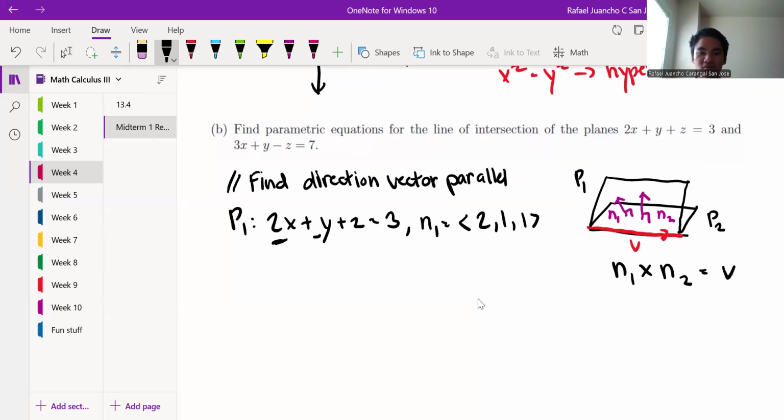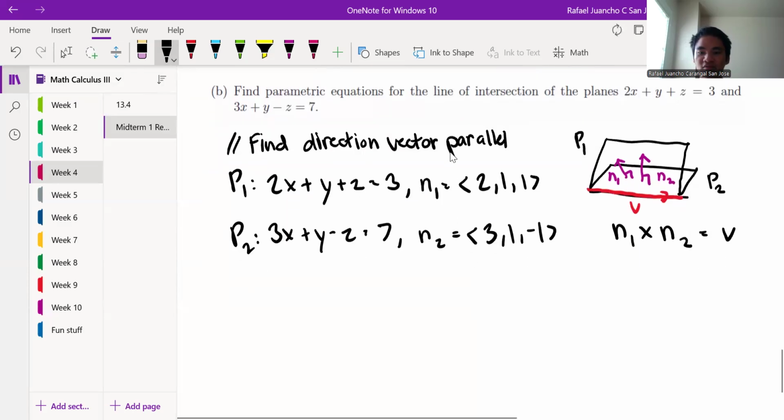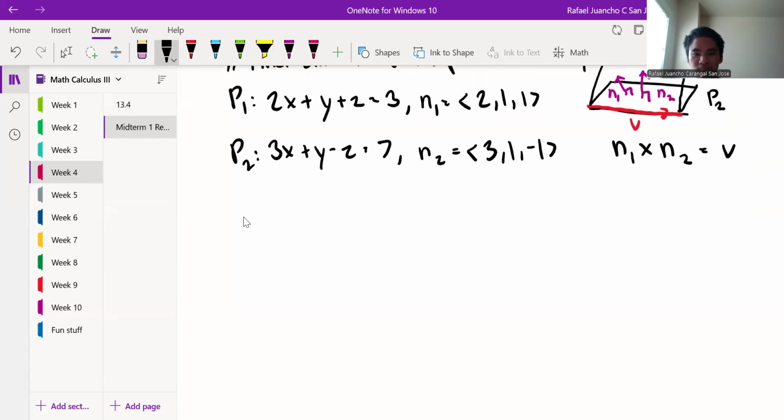Because it's the numerical coefficients of these. Okay, now I look at my P2. My P2 has 3x plus y minus z equals 7. So my N2 has components 3, 1, negative 1. And now if I get the cross product of this, then I'm supposed to get V, right? So N1 times N2,